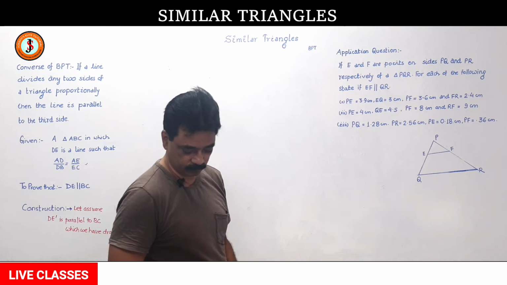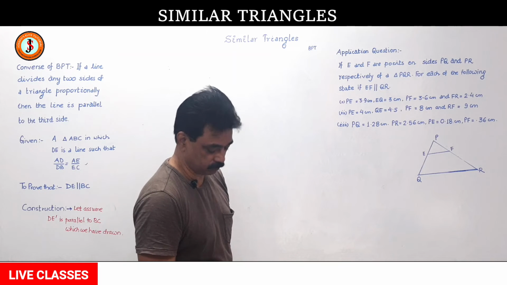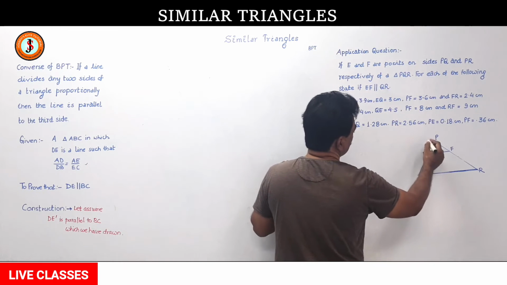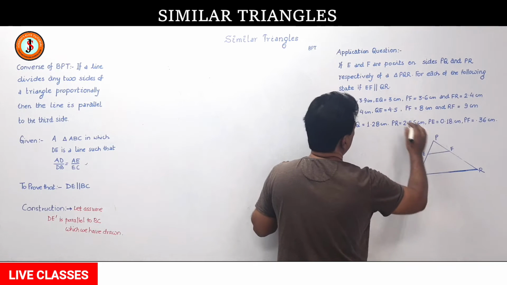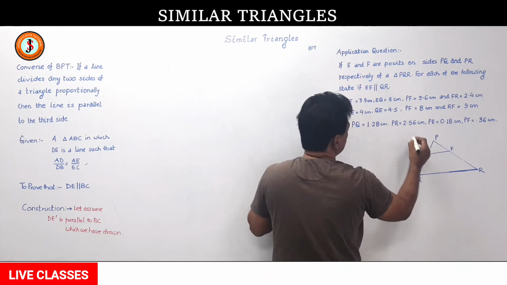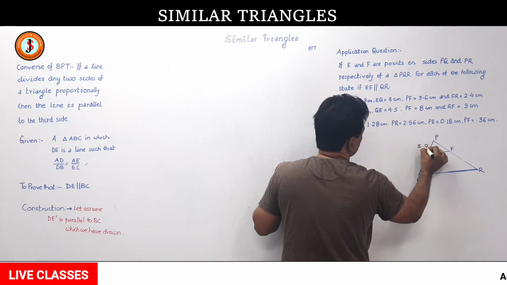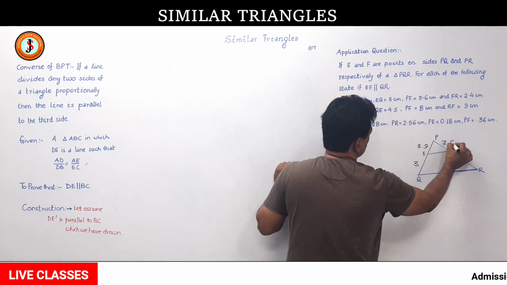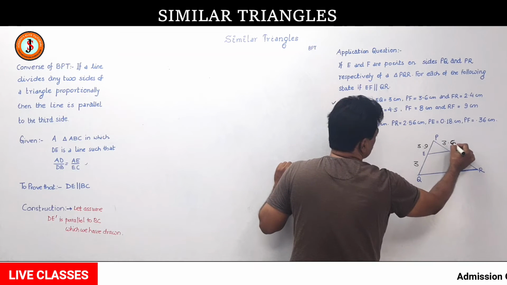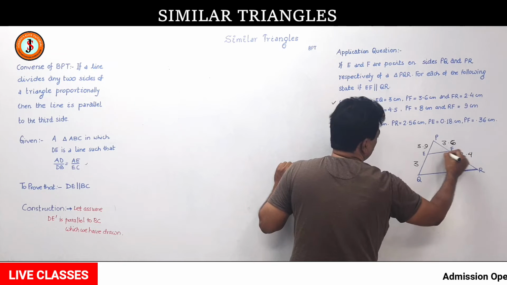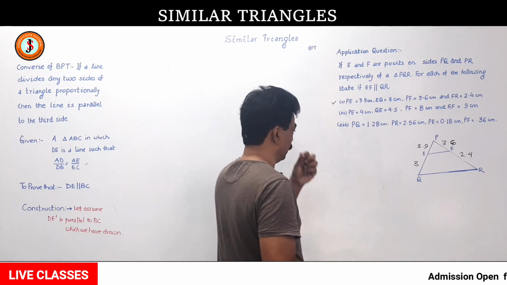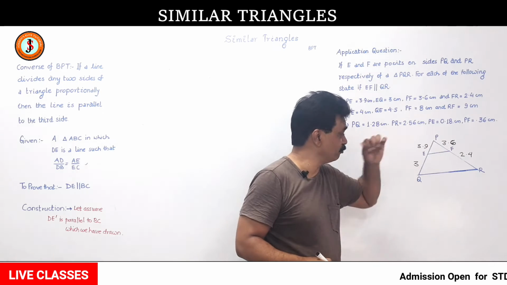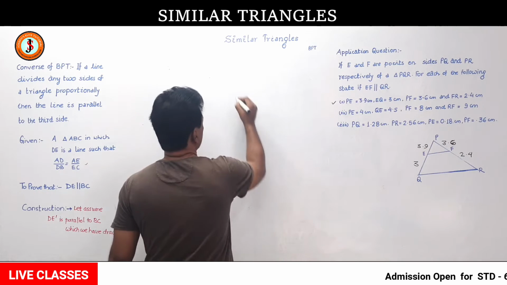So, let us see. Here, the first question says EF is drawn like this, and PE is 3.9, EQ is 3, PF is 3.6, FR is 2.4. Is EF parallel to QR? That is only possible if PE by EQ is equal to PF by FR. So, you will find, question number 1,